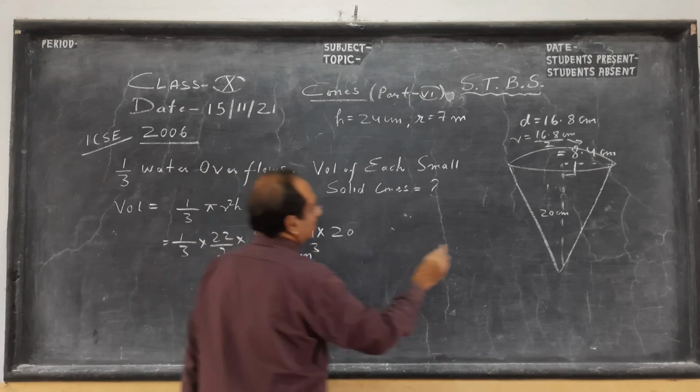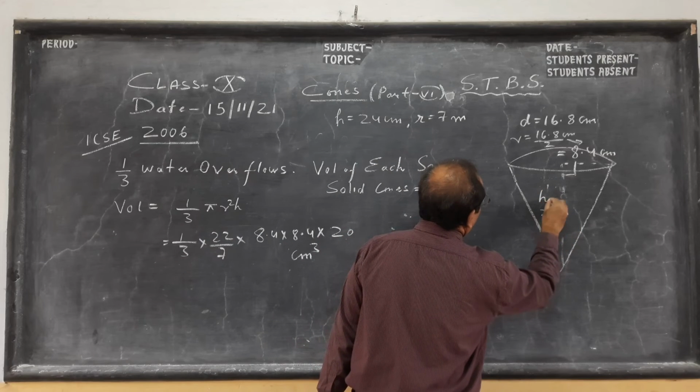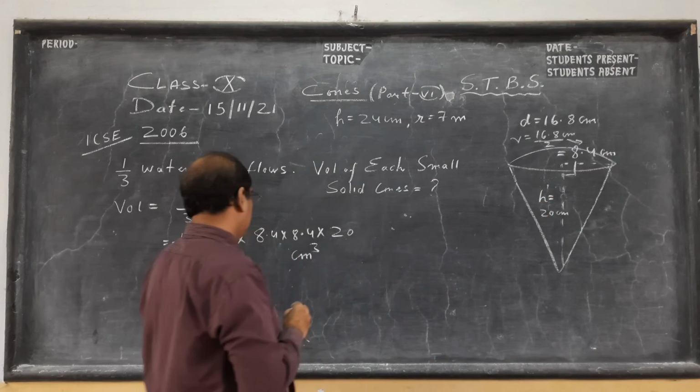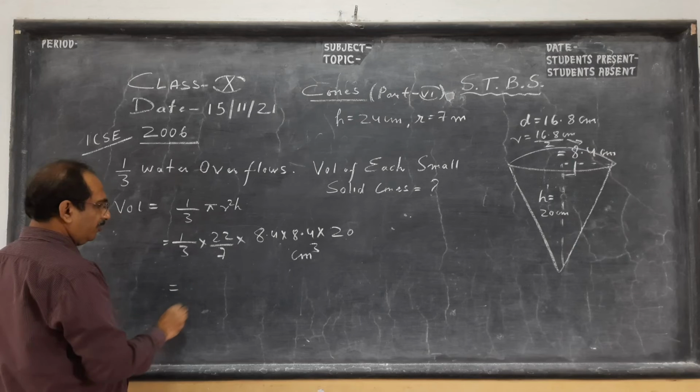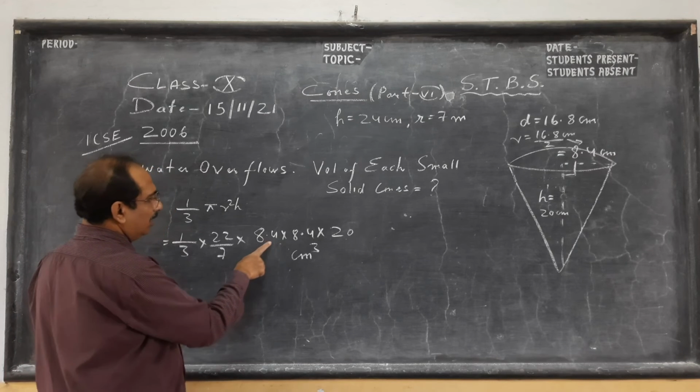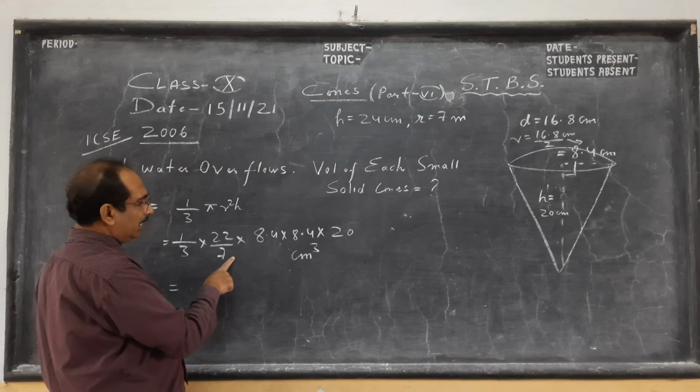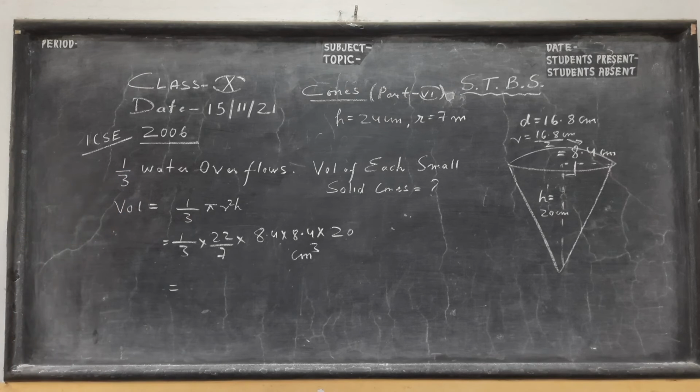So this is the volume of the cone in centimeter cube. If you can cancel, you can see this 84, if you remove decimal, can be cancelled by 7/12. So I am not solving it here, just I'll tell you the answer. You can multiply and divide and get. This will give you